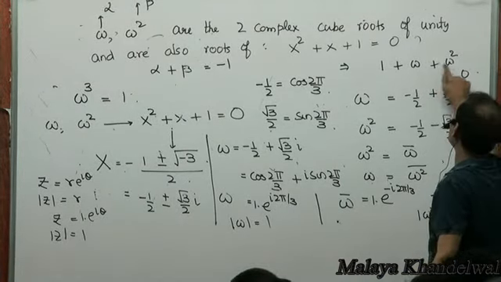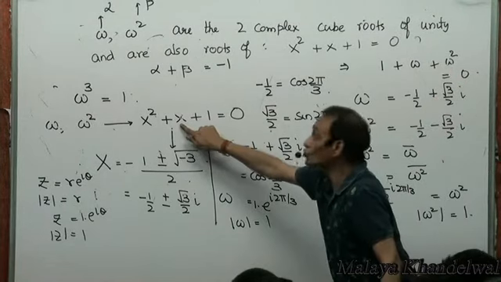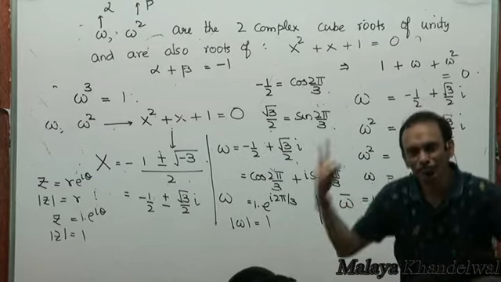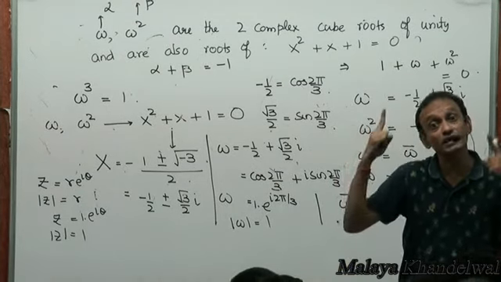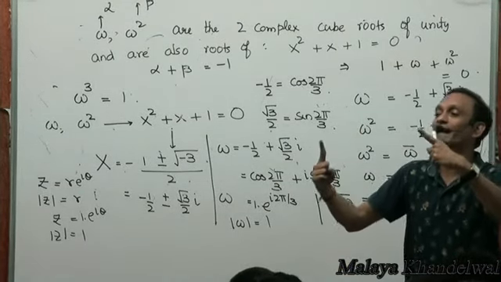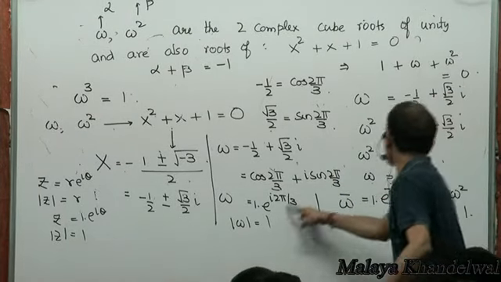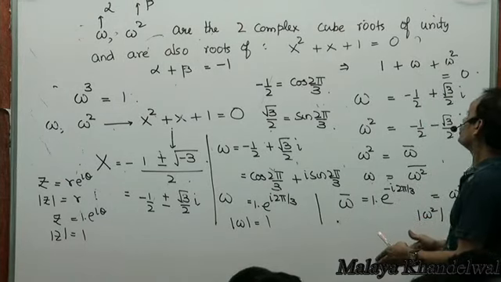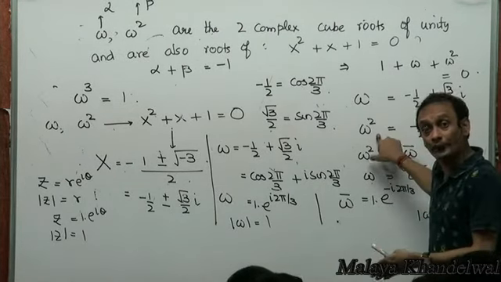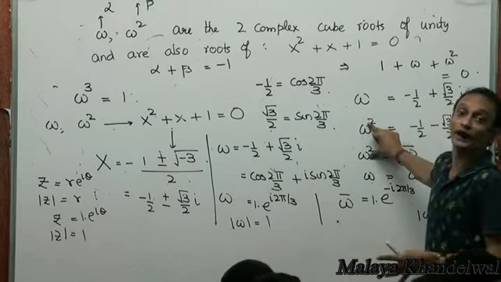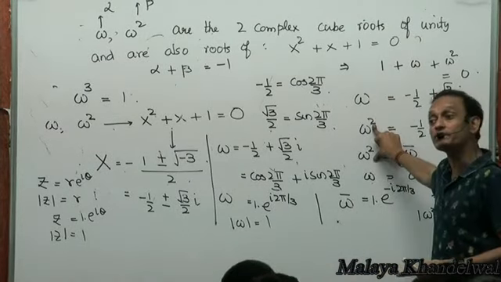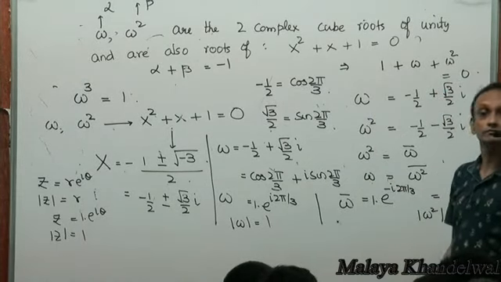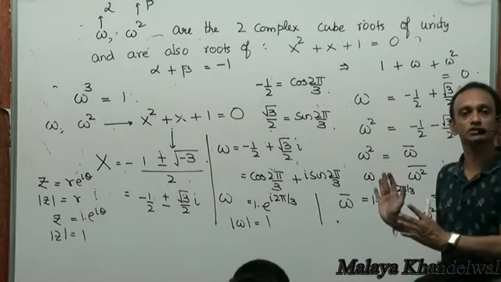Then omega and omega square are roots of the same quadratic. You would then expect them to be conjugates of each other. They have the same modulus, but their arguments are 2 pi by 3 and minus 2 pi by 3 respectively. And again we figured out omega and omega square are complex, but they have the same moduli. The modulus of omega is the same as the modulus of omega squared, and each is equal to 1. To summarize things in a nutshell.